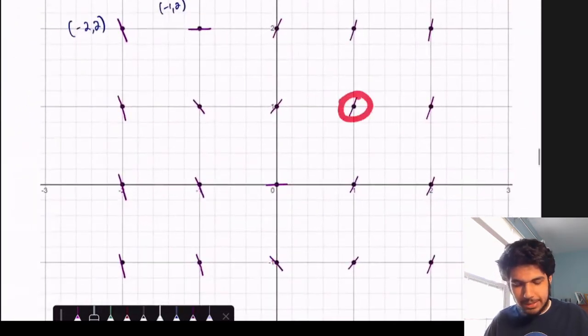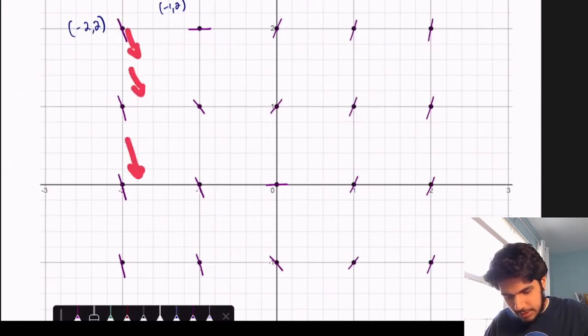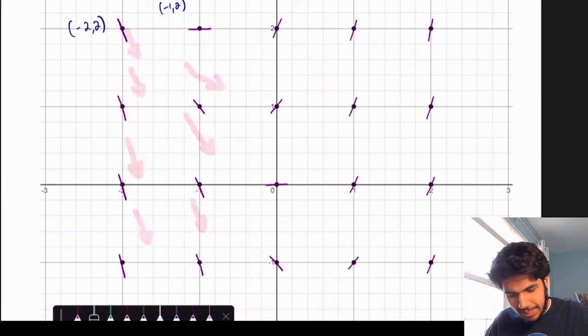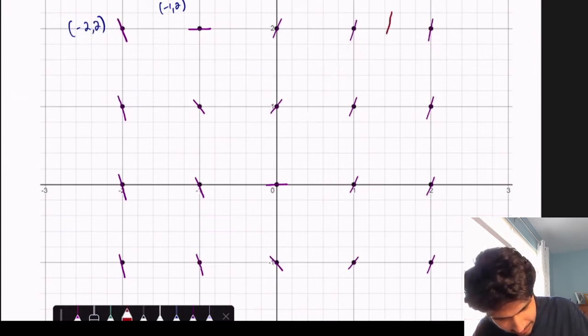So we want it to pass through here. So what does the solution look like? These lines are all pointing downwards and to the right, something like this, and then it gets a little bit steeper here, but here it kind of narrows out, and then it increases as we go this way. So the curve should look something like